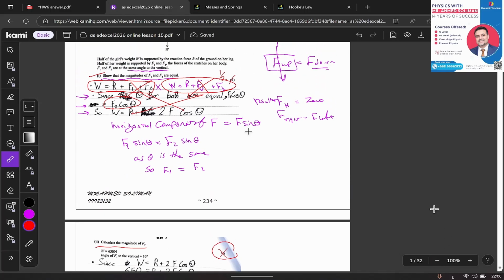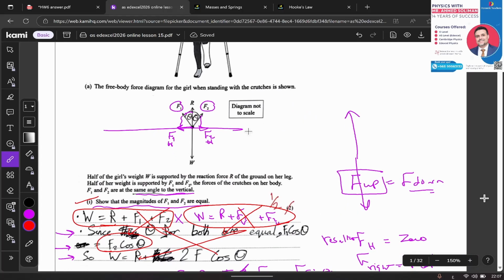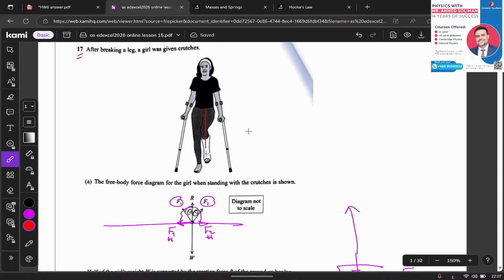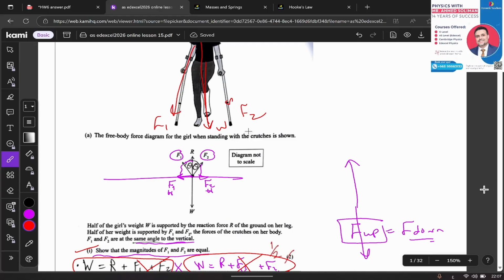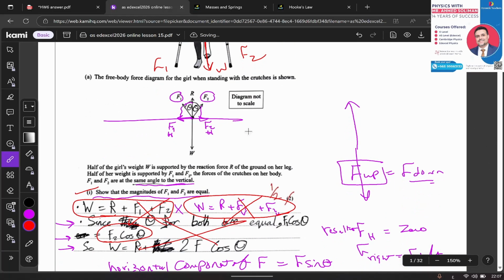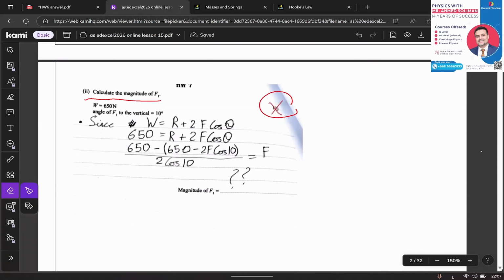So you can take a photo if you want. Okay, this is the question. This is the girl. So we have weight and F1 and F2, and we have the normal reaction force. Okay, so this is the question he asked. He said we have force but upward. Okay, so now Mirola, can you solve this part? The second part. He said find